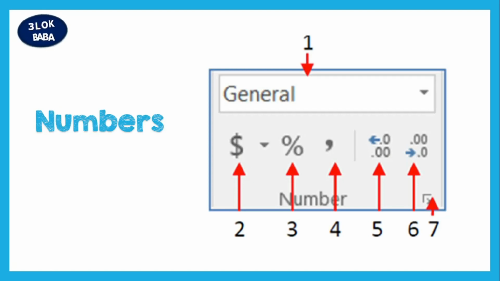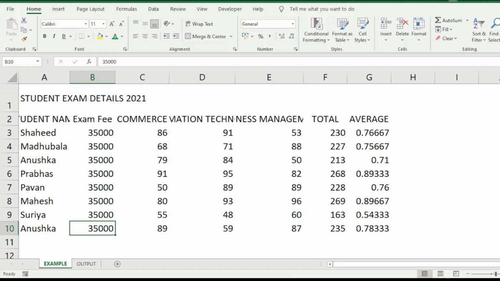Basically in Excel, we deal with numbers and text. So when you're dealing with numbers, what are the different formats we have? Sometimes we use decimals, sometimes currency, sometimes date formats. So how are you going to format all these numbers? By using format cells, we are going to learn these three: font, alignment and numbers, especially for Excel beginners who want to know how to format data in MS Excel.